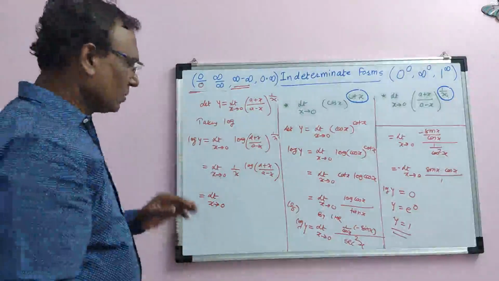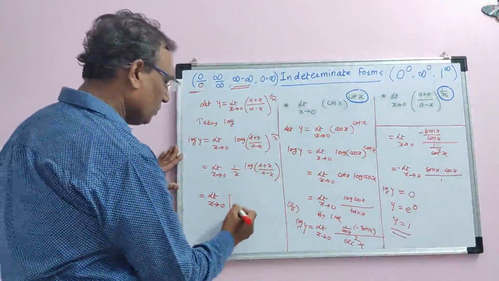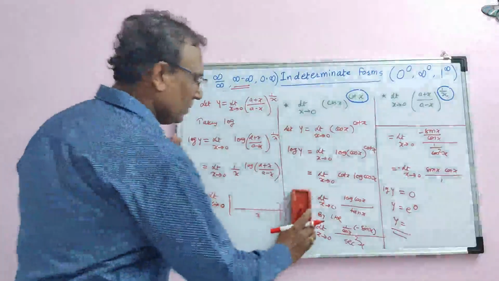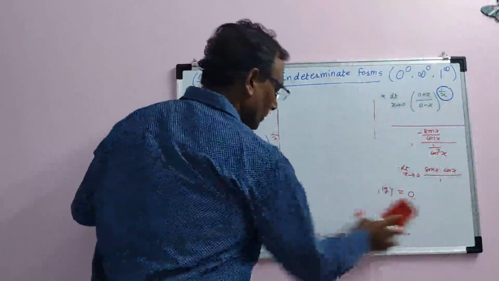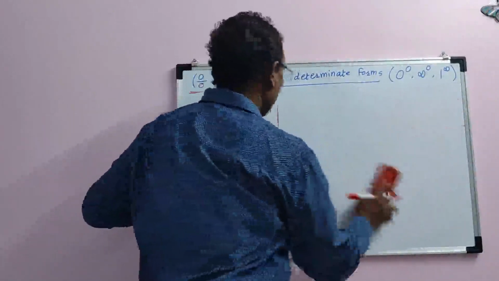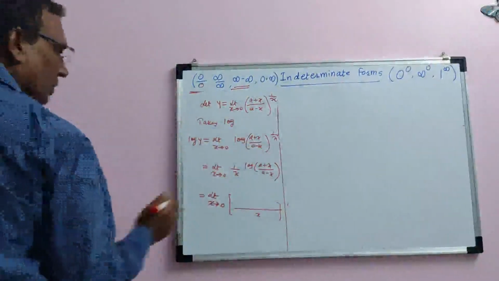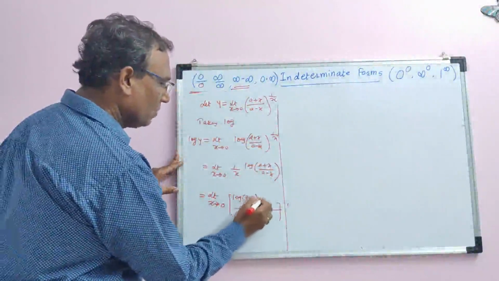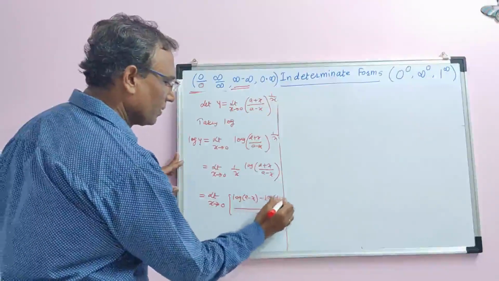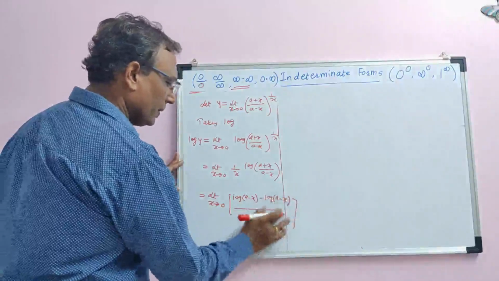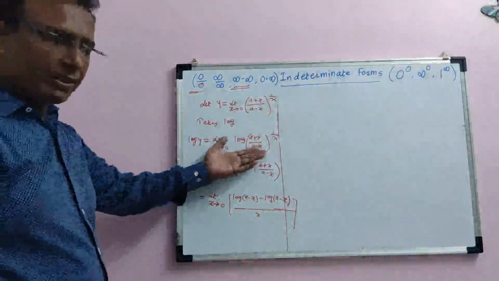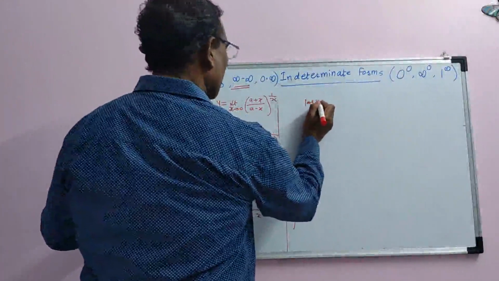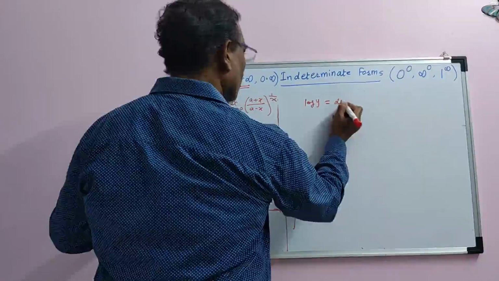So you can apply L'Hospital's rule, or I am going to add one more step, because finally we have to take the derivative, no? So what I am going to do: log of numerator by denominator can be written as log of a plus x minus log of a minus x. Now, you can directly take the derivative also, but I have simplified it because our derivative will be a little bit simpler. Log of y equal to limit x tends to 0.